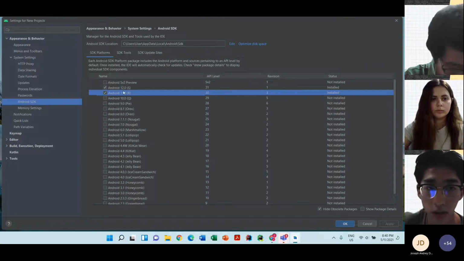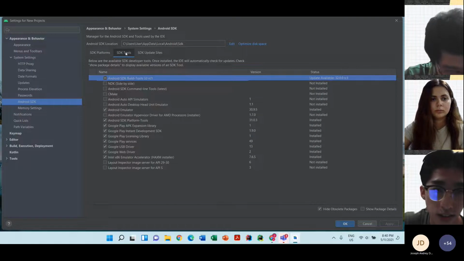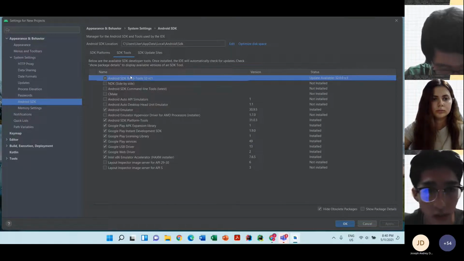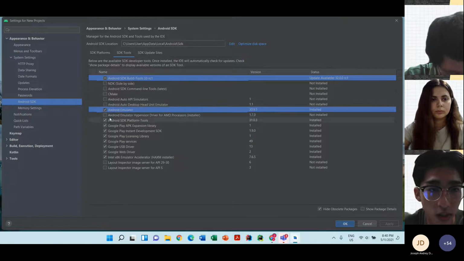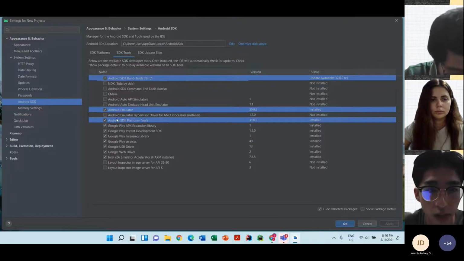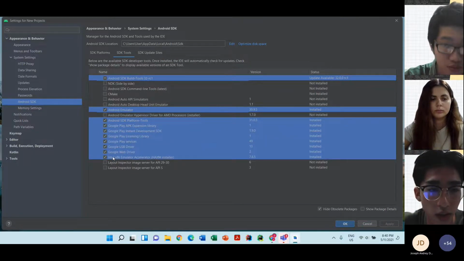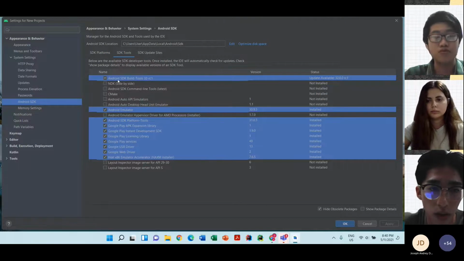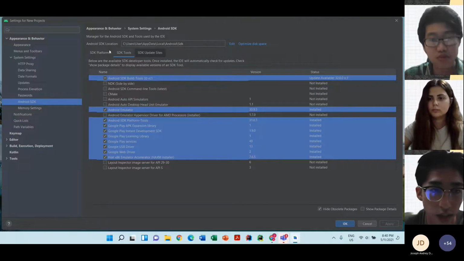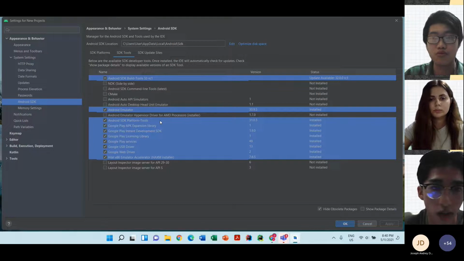So I think everyone got download this just for the SDK tool, right? For the SDK tool, you just follow this: Android SDK, build tools, emulator, Android SDK platform, and all the Google file and the Intel. I'll be staying on this screen for like 1 minute now for you guys to check. Yeah, if you guys got download all of these,